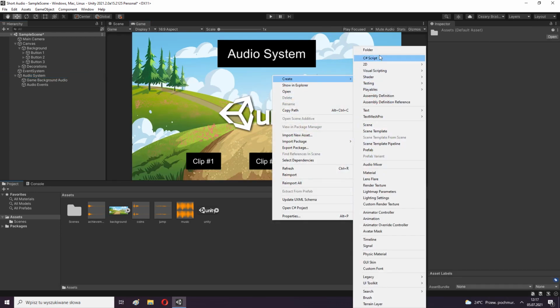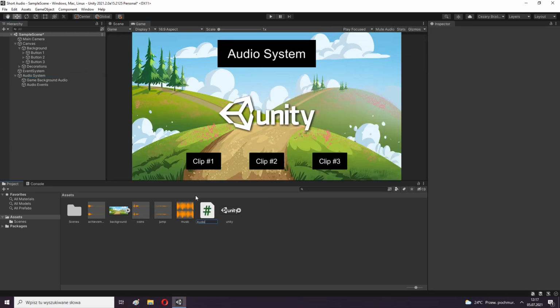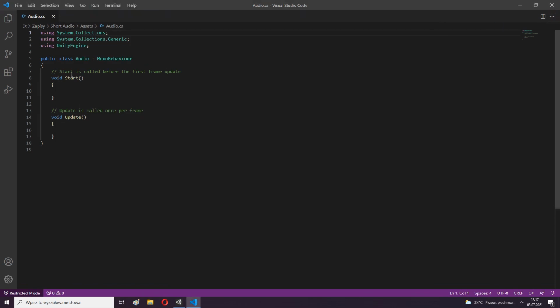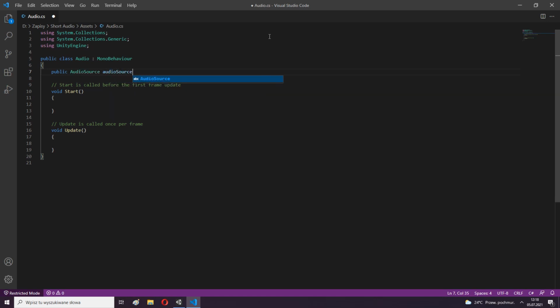We have to write the script. It will play short audio clips. We need audio source that can play audio.